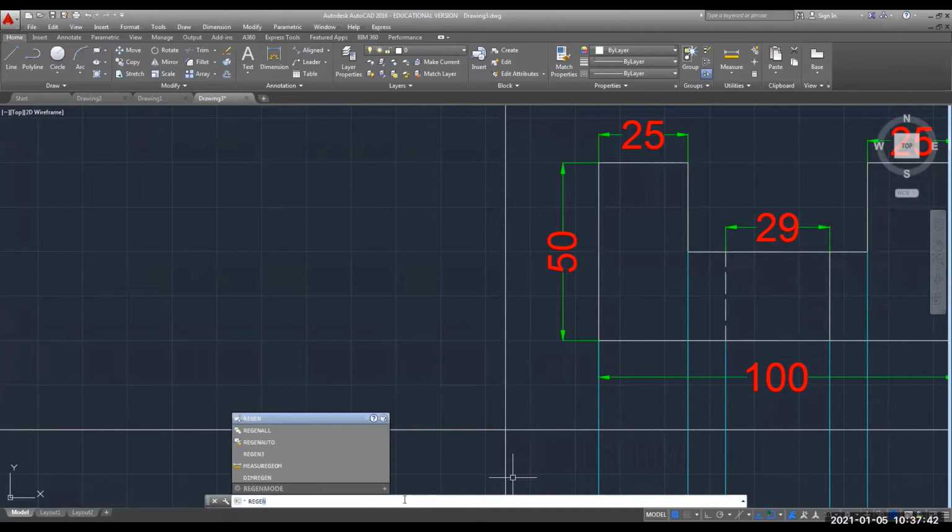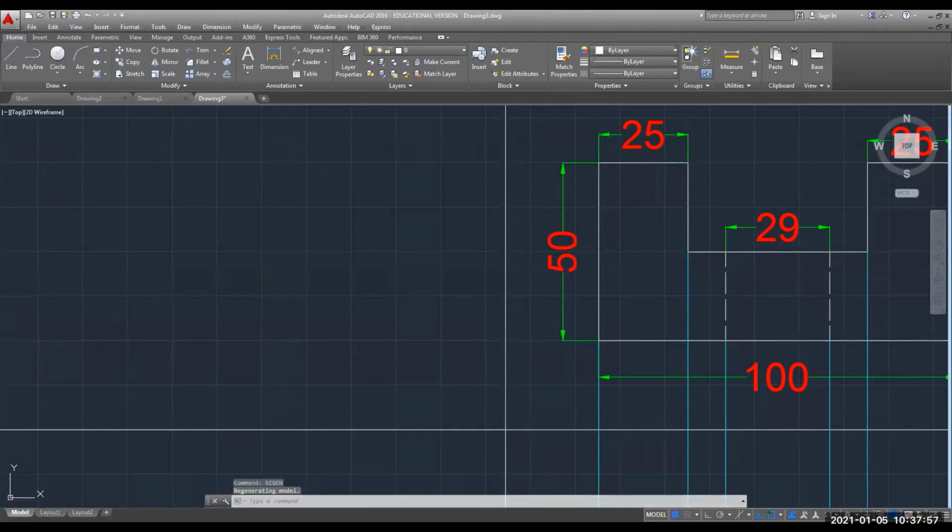So let's see whether I am able to regenerate it or not. The command used for regenerating is REGEN. Okay, so let's regenerate, and you can see the lines which were not visible as hidden, now it is visible.